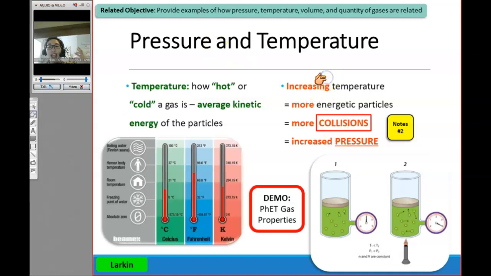Cool. Now, as we increase temperature, we're going to get more energetic particles because we know temperature is related to motion. If you have a lot more energy, think about our people trapped in a room. If they get more energy, they're sprinting around. What happens to our collisions? Yeah, there's going to be more collisions. You're definitely going to collide with each other more. And so that means your pressure will be increasing because collisions is pressure.